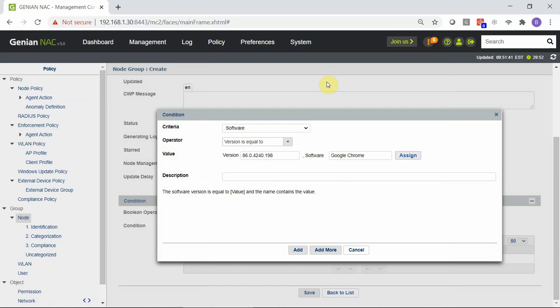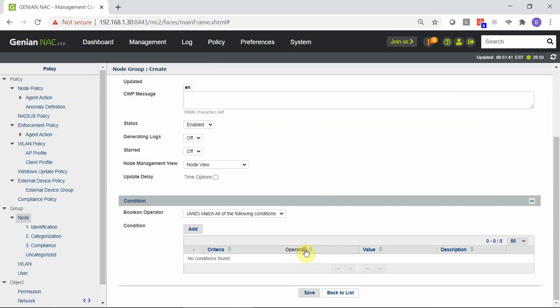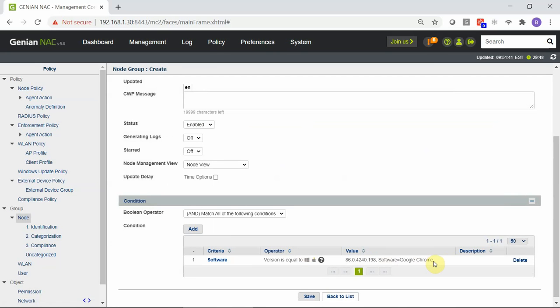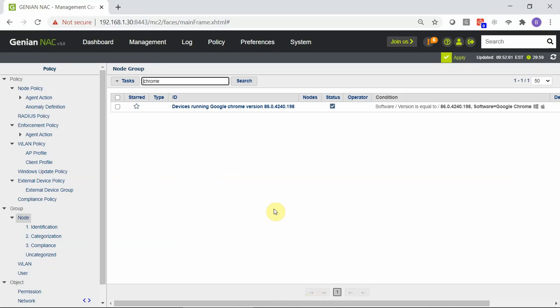Click Add, click Add again, and there we see the criteria, the operator is equal to, and the desired version. We'll click Save,